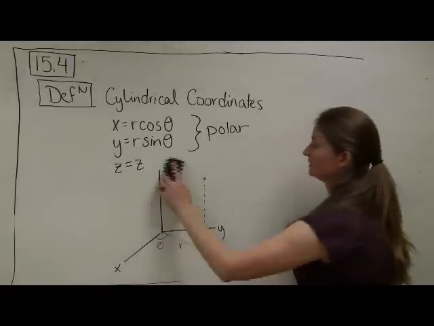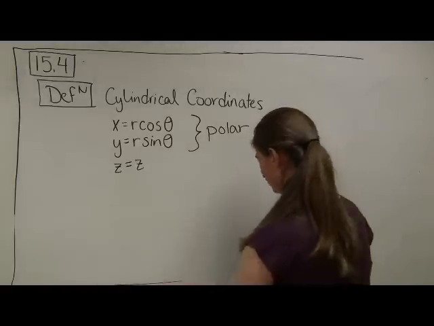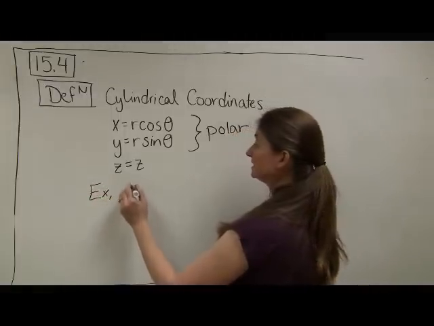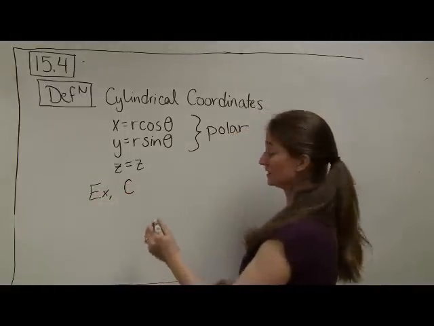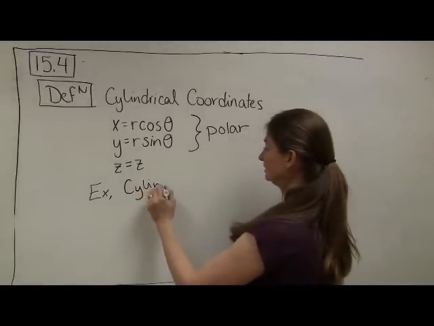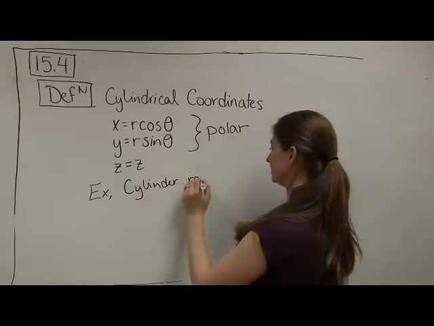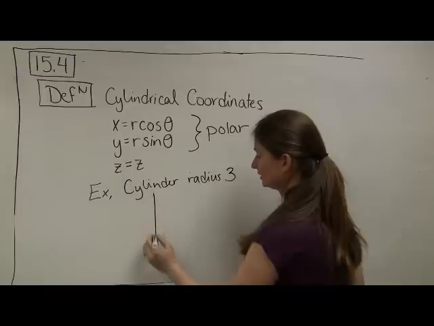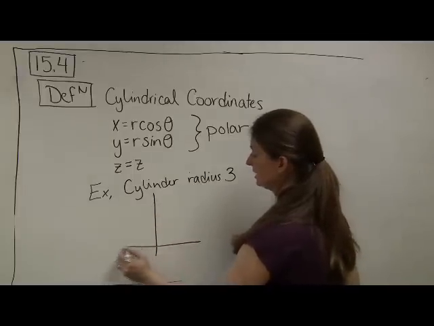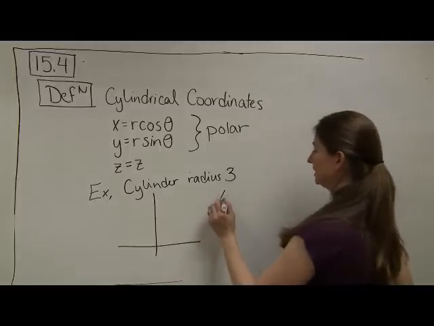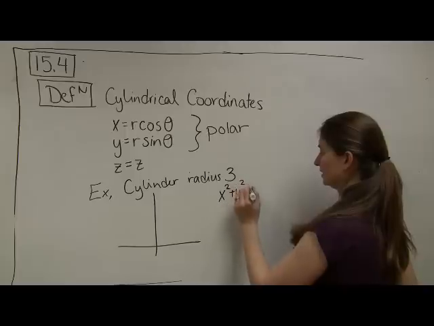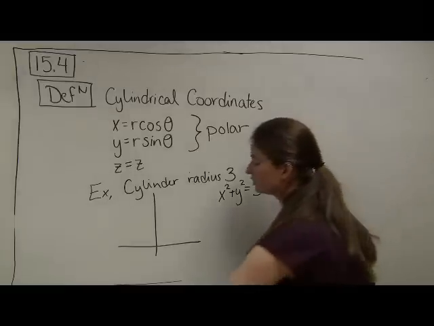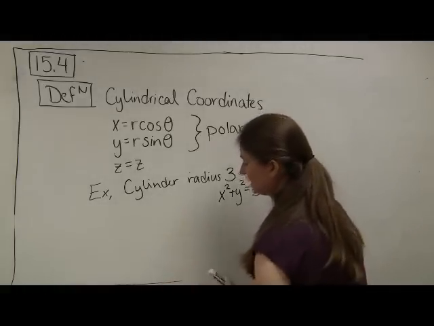And that's what I mean by cylindrical coordinates. So let's see an example of cylindrical coordinates. For example, let's say I want to describe a cylinder. That's why it's called cylindrical coordinates, because cylinders are easy to describe. Let's say this particular cylinder, of radius 3, is given by the formula x squared plus y squared equals 3 squared. So if I were to visually draw what this cylinder looks like in xyz space,